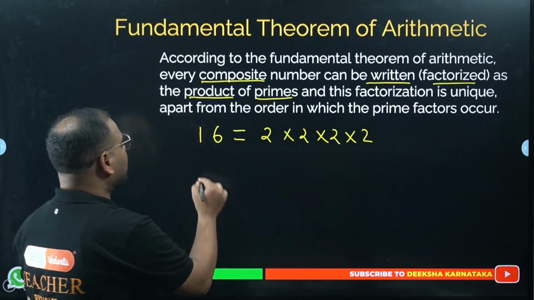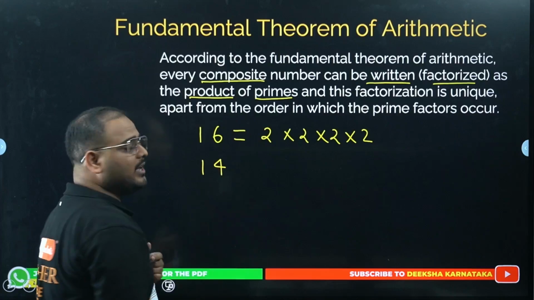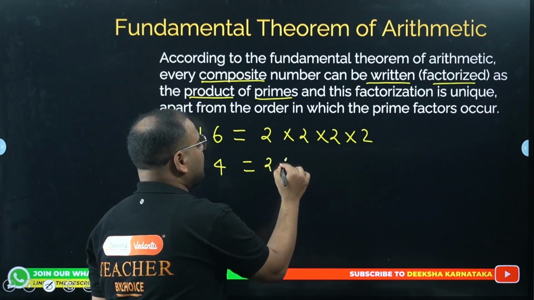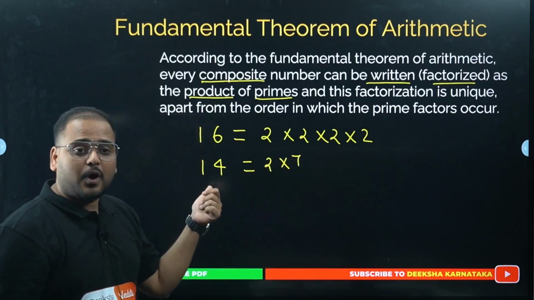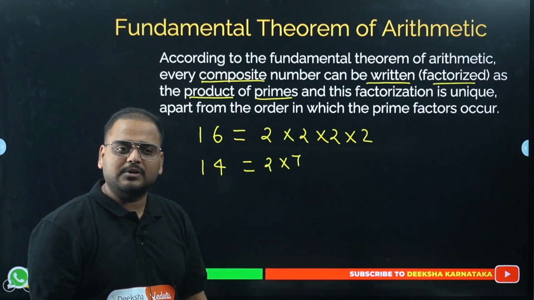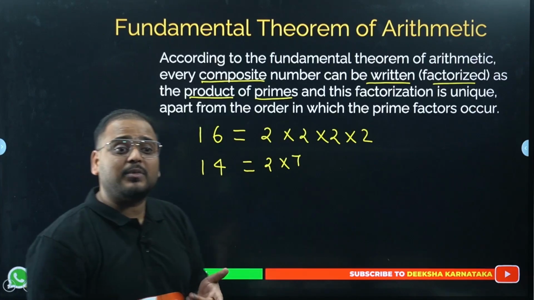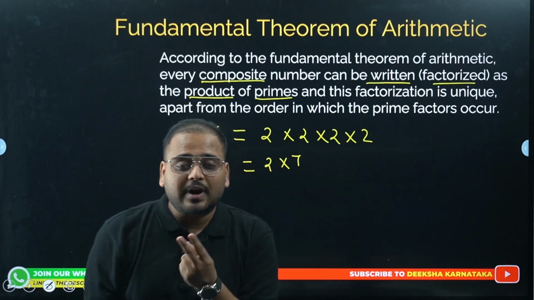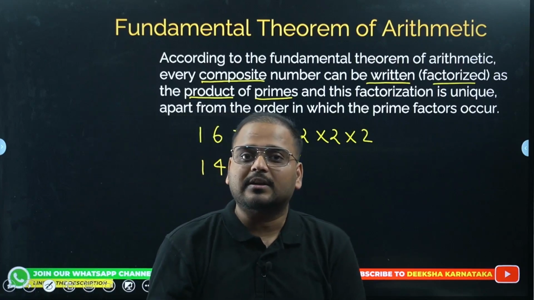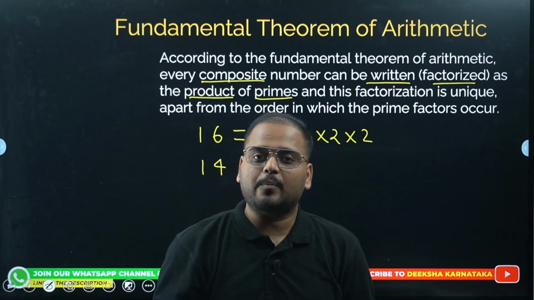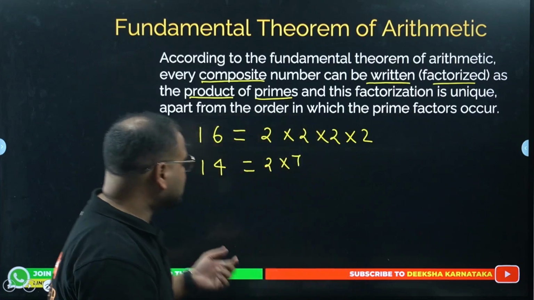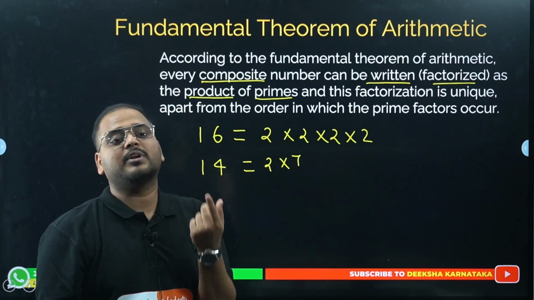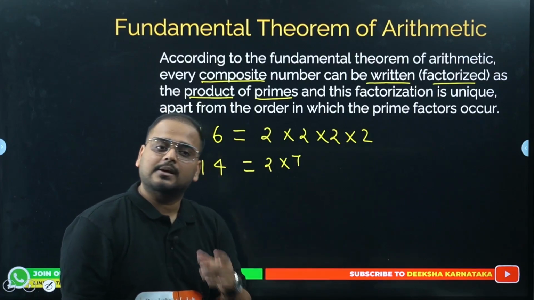Next, we can take what? Take another example, 14. 14 can be written as 2 times 7. 14 is a composite number, 2 and 7 are prime numbers. No? What are the prime numbers? Prime numbers are all those numbers for them exist only 2 factors. What are those 2 factors? The number itself and 1. Whereas composite number will have just opposite, more than 2 factors. So the number 7 or 2 has only 2 factors. First factor is 1, second factor is the number itself, which is 2. In the case of 7, it is 7.